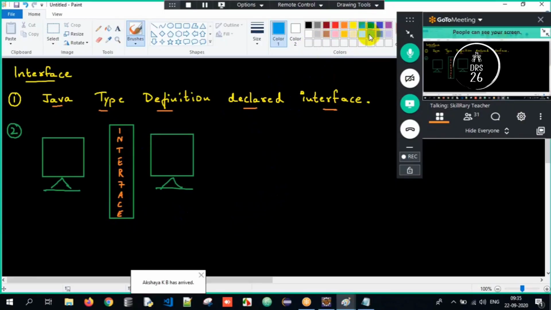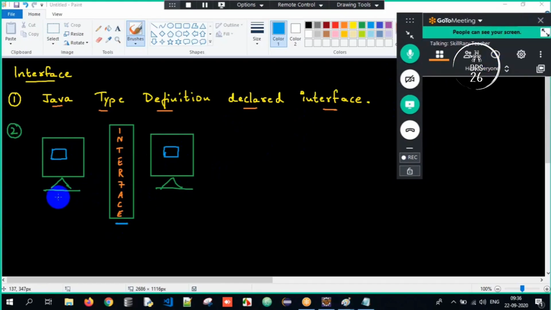Now, from Java's perspective, there is another way of answering what an interface is. Interface is a medium between two systems, wherein one system will behave as the client and another system will behave as an object with resources or an object with services.